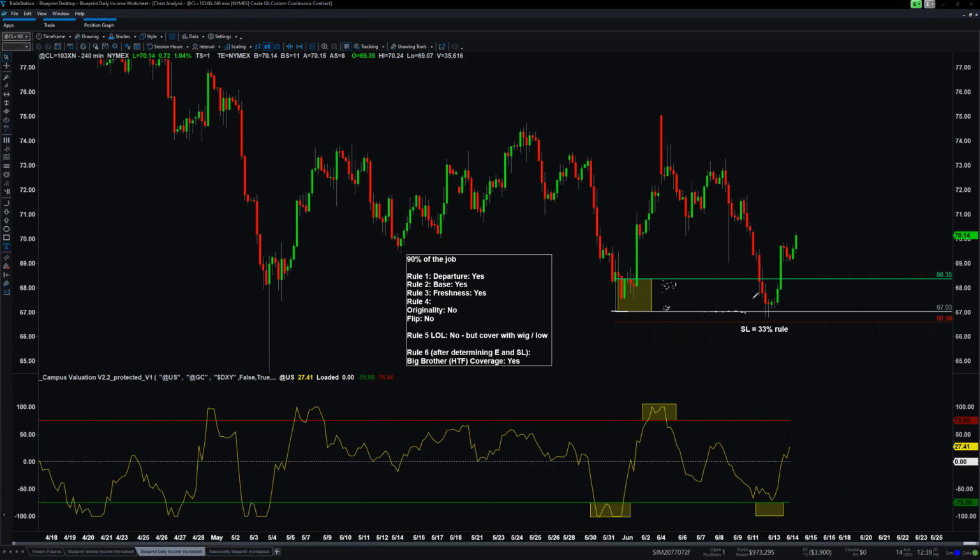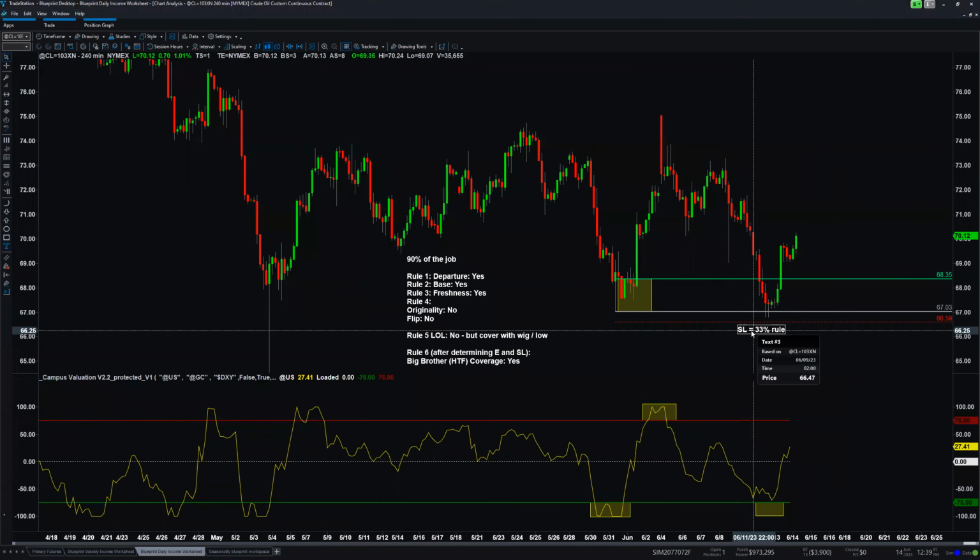So at the low of the demand. So we never quite know where price is going to turn. Is it going to turn from here? Is it going to turn from there? Or sometimes price even overshoots the levels a little bit before it then turns. So in this case, it overshot a little bit, and the 33% rule saved our behinds and allowed us to stay in this trade. So the stop loss, very important, needs to be